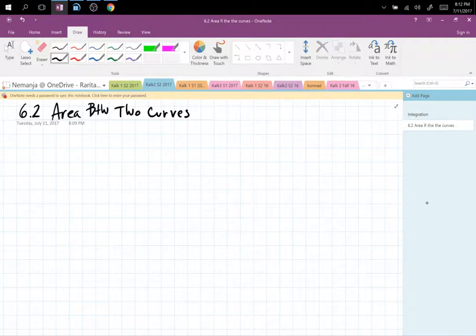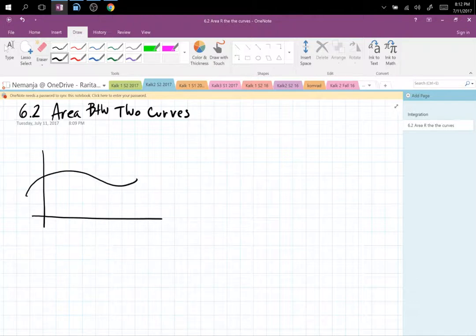Hello and welcome to Calculus 2. Our official first class, first section 6.2, area between two curves. You are familiar with the concept of computing the area under the curve. Now, area under f of x, let's say between a and b,